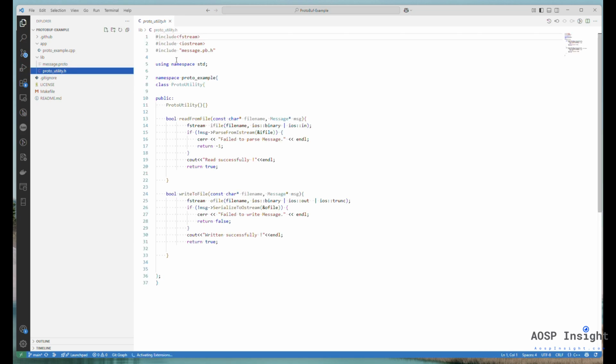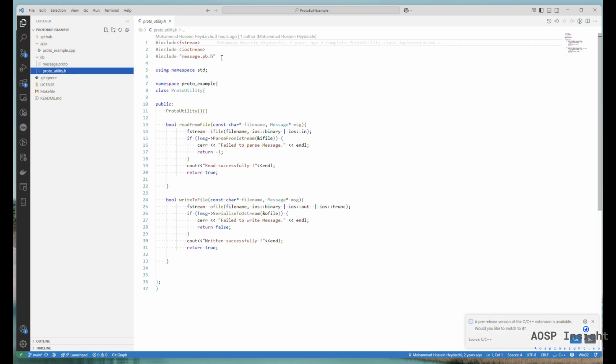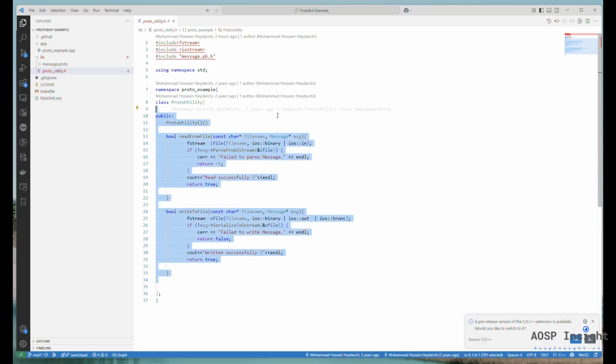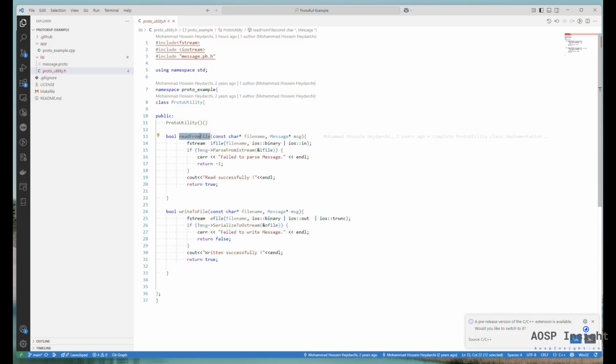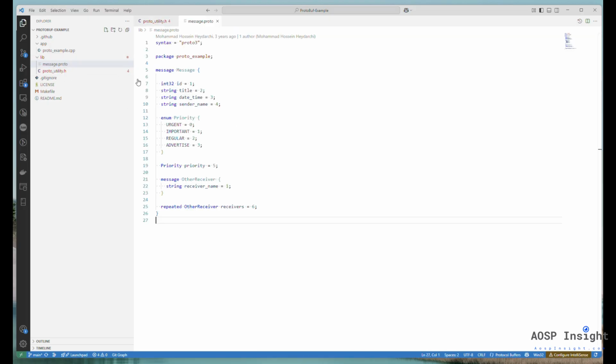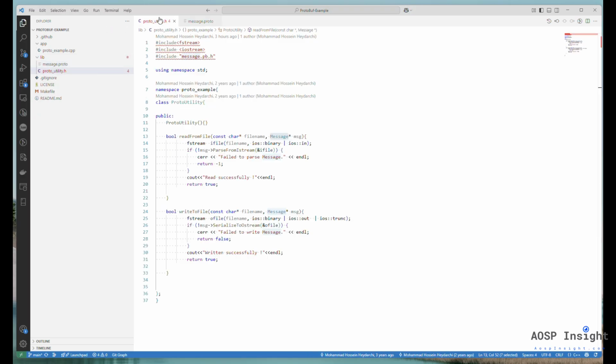Here we have a proto_utility, which you can see here. It has two different functions. One of them is read from file, and another one is write to file, and both of them get a message structure. The message structure looks familiar. If we jump here, that's the structure that we have defined, but you can see there is no header file for that yet. But we are expecting to include this header file. So what will happen is, when we make this project, this header file will be generated out of this